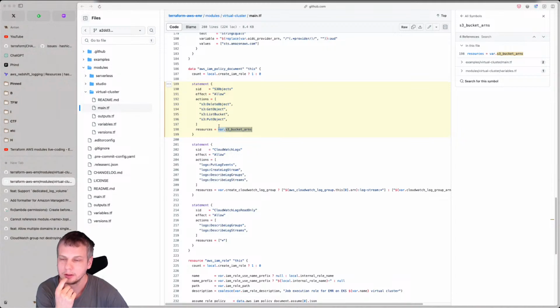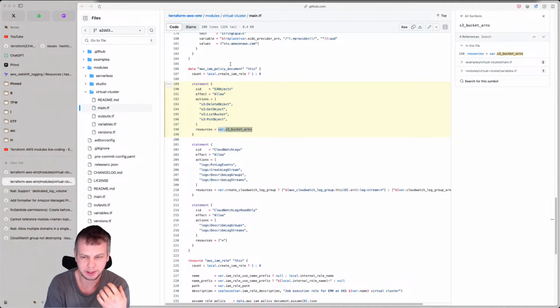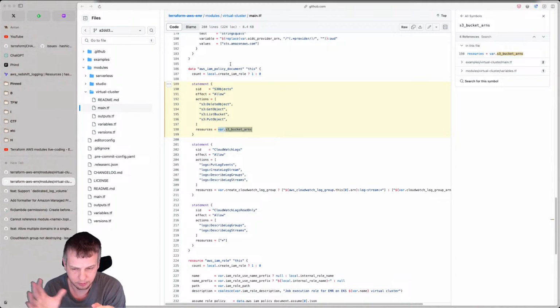So when we have S3 bucket ARNs set to star, it means that anybody can write there, which to my mind is not so bad, because it will be the responsibility of the bucket itself, on the bucket policy level, to control whether certain things are allowed to do this, right? So I mean, on S3 buckets, we are controlling permissions on both sides, from IAM as always, like who can do what, as well as from bucket policy.